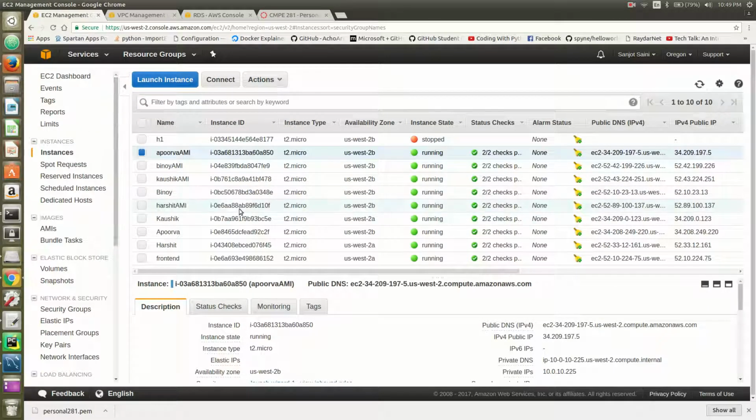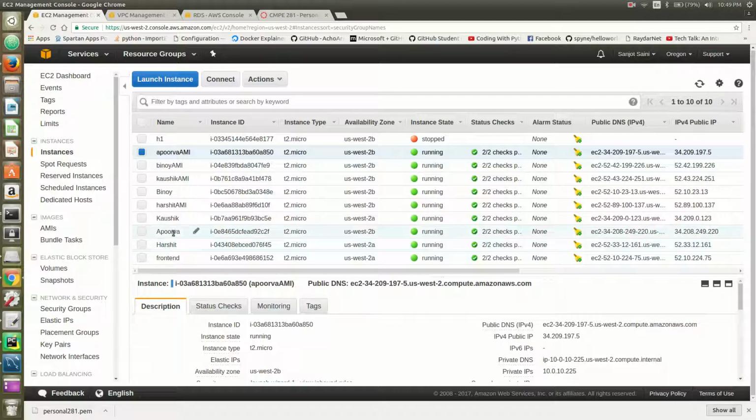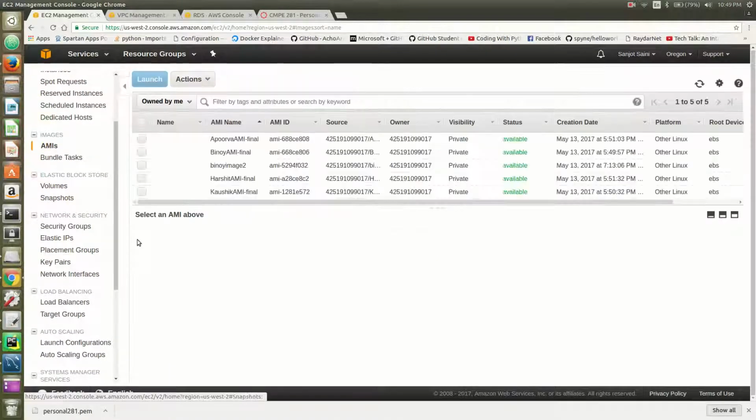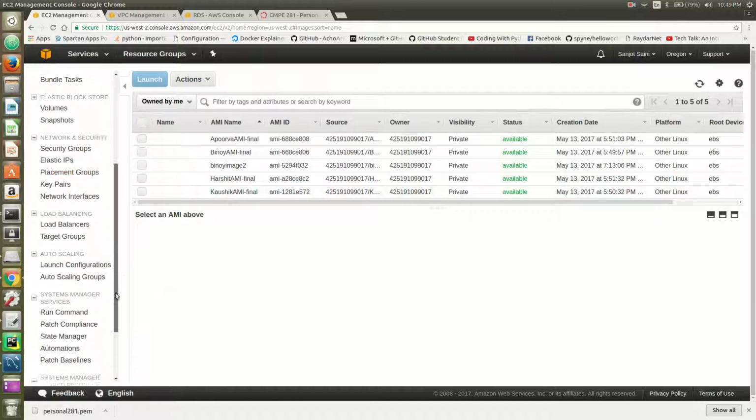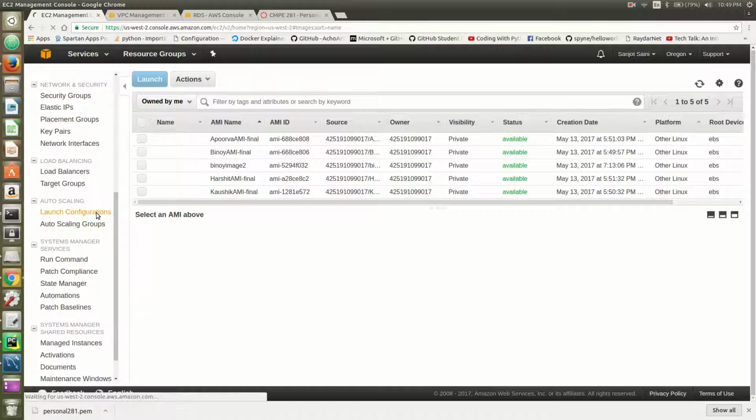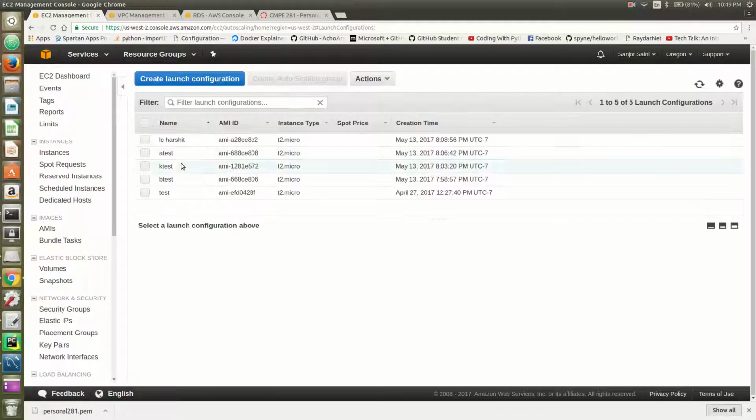So these are the instances Harshit, Apurva, Kaushik and Binoy, which I used to create AMIs, and here are my AMIs. So Apurva AMI, Binoy AMI, Harshit AMI and Kaushik AMI. These are the 4 AMIs through which I've created my launch configurations. So these are my launch configurations,